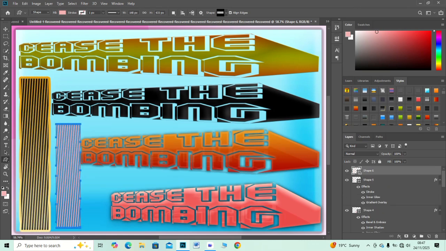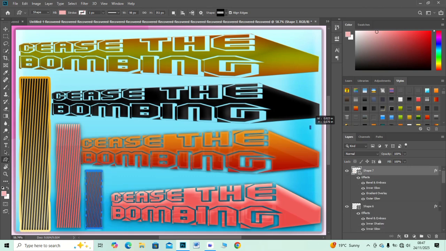Now zoom in for closer refinement along the edges. Drag the side points slightly inward to sharpen the anchor. Adjust the top anchors for a softer rounded